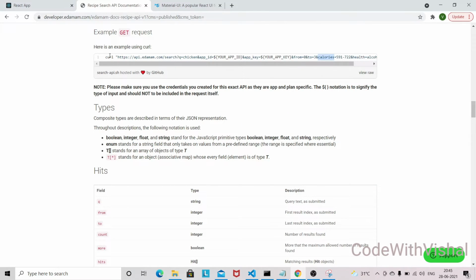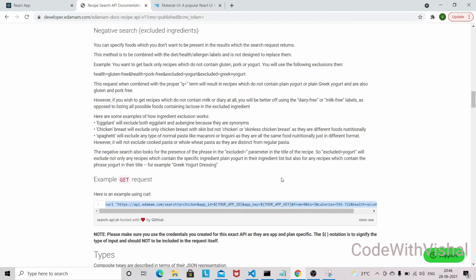We are using this link, and you may be wondering how to get your app ID and app key. First, just copy this URL somewhere else, like in Notepad, so that we can use it later once we start building the application.